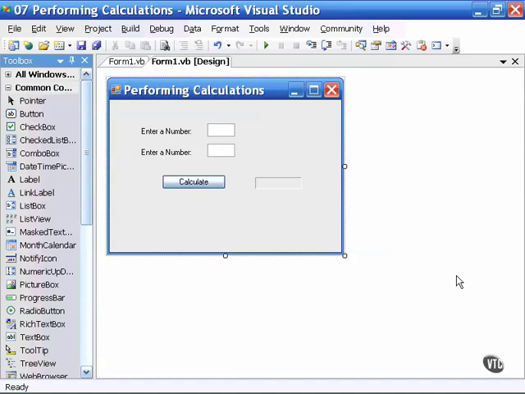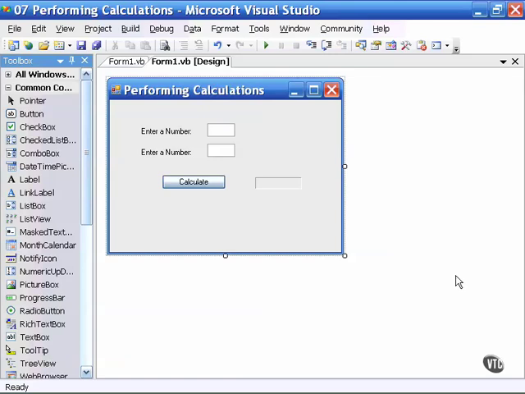In this movie, we will discuss arithmetic operations that you can perform in Visual Basic. You can perform addition, subtraction, multiplication, division, integer division, modulus, and exponentiation operations within Visual Basic. We will take a look at a brief example of each one of these, and then also discuss the order